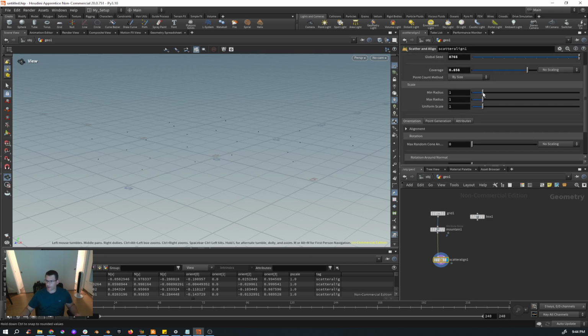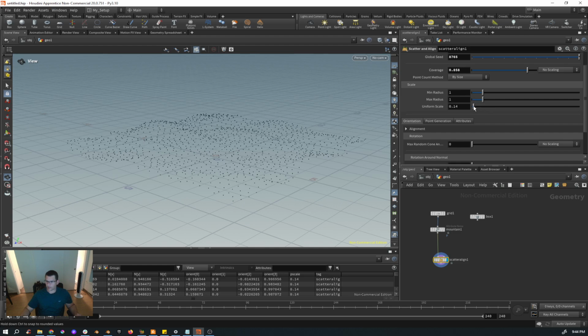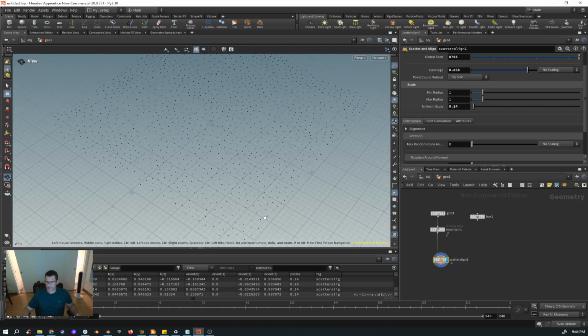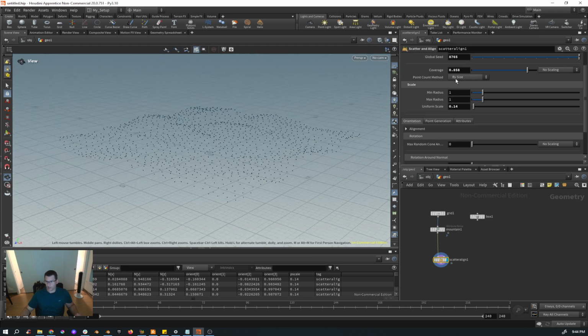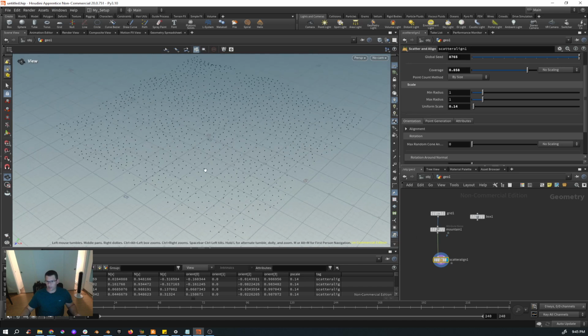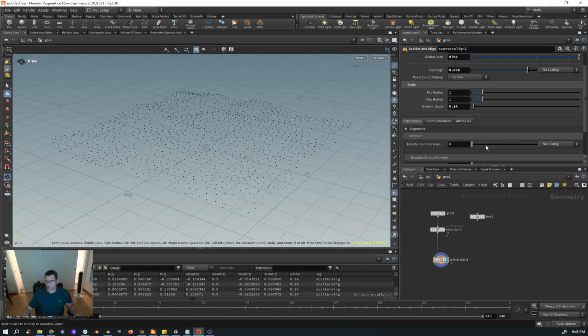So what we can do is we can set up here, okay, and make it more or less points here and here, okay? But here we're gonna play around with the scatter of the object. Houdini by default avoids intersecting the object. It's not like Blender that you have to set up that option. It's already here. And the way you can see that is